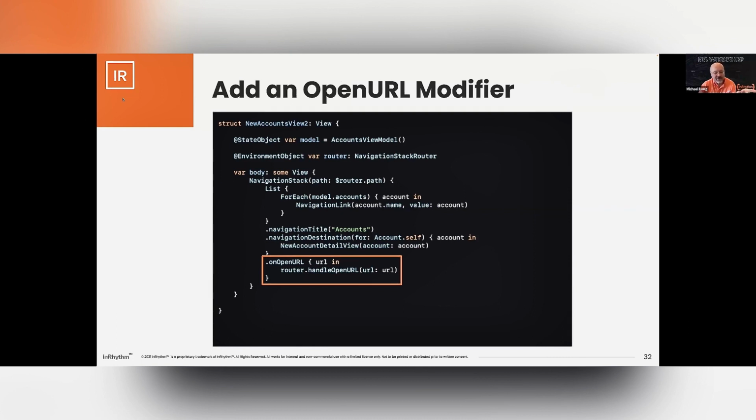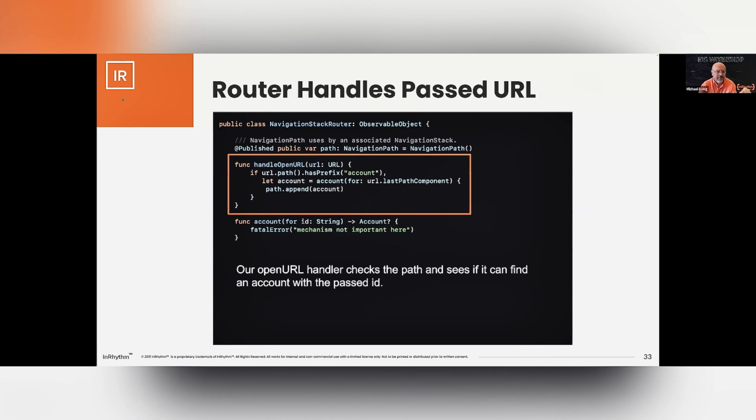And when that's called, whenever the user types one of these things or clicks on a link, we're going to ask our router to handle our open URL. So that's on our navigation stack router. Basically, we are going to look at that URL and say, hey, if that URL has a prefix called account,